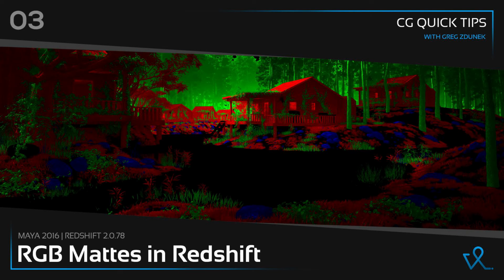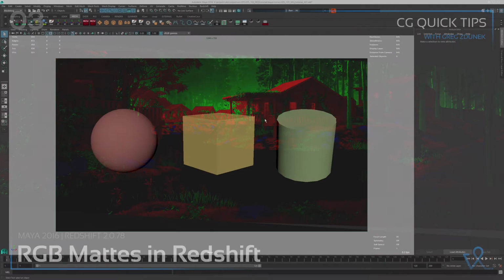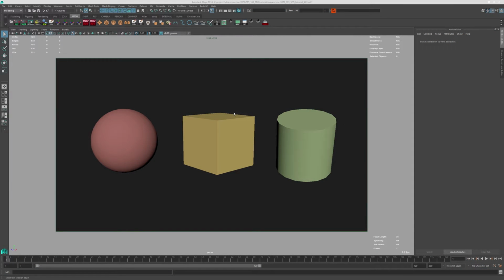Hey guys, Greg Z here, and in this tutorial I'm going to show you how to create RGB mats in Redshift. Okay, so I've got this simple scene set up here with these three objects, and they each have their